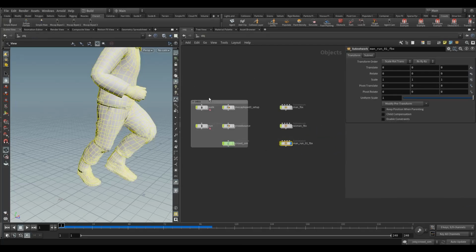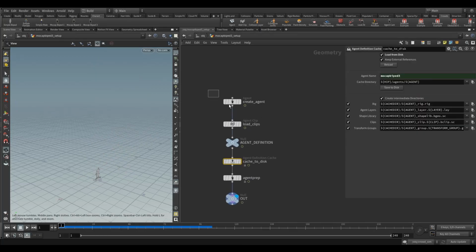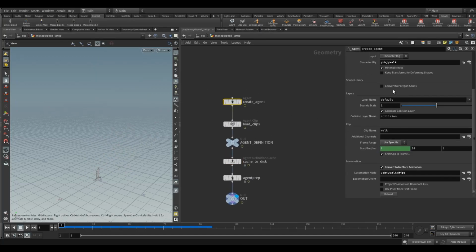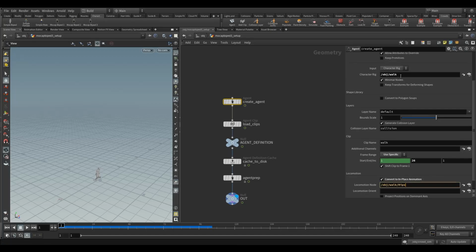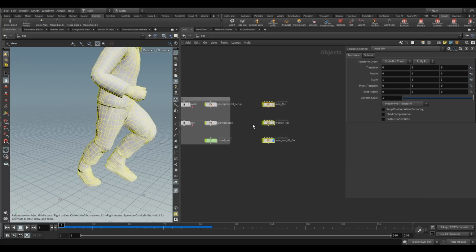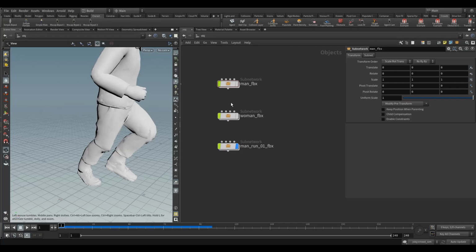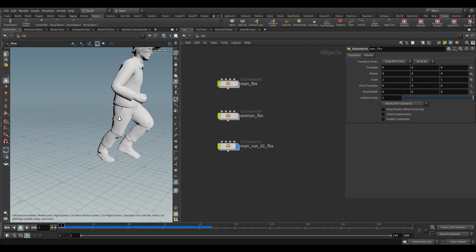Okay, and then it would be the same process again, right? In your agent setup, you would connect up your character there. Okay, but I'm going to do it in a bit of a different way. I'm actually just going to delete all these. One thing I want to show you beforehand actually is something that really saves time, because we're trying to add